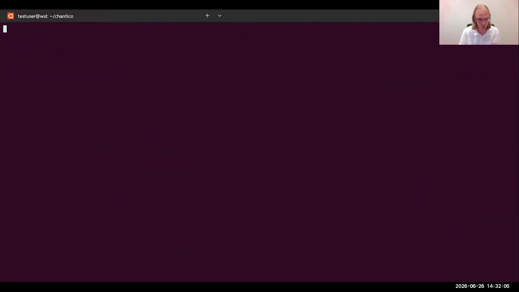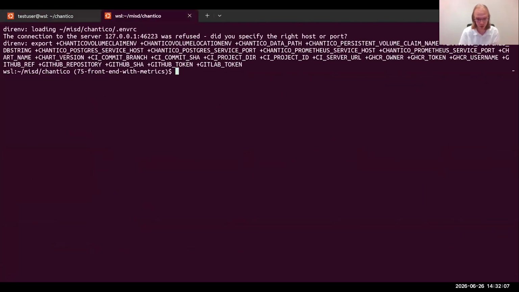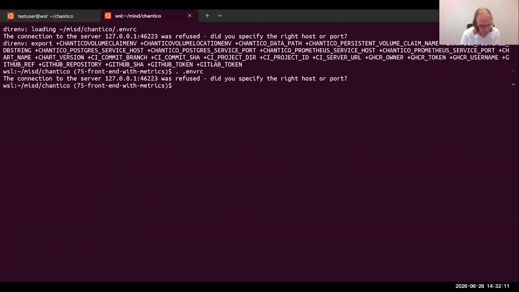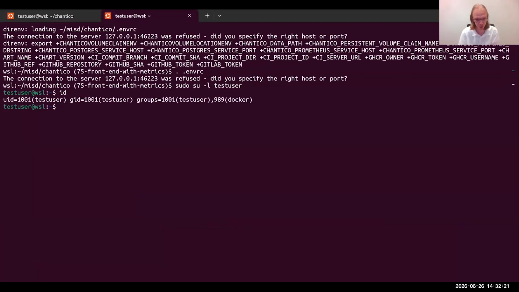So in another terminal, I can then start, fully get access to it. I'm being another user, because I was running this as another user, also to show that this works when you're not the main user, as long as you have access to your Docker, either on WSL or Docker on Windows.